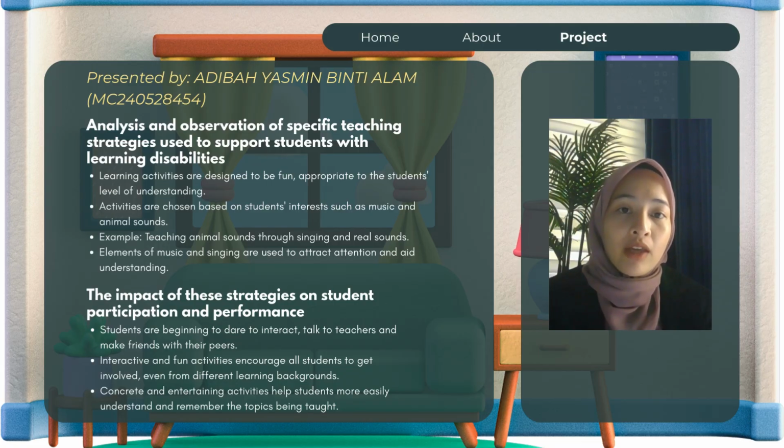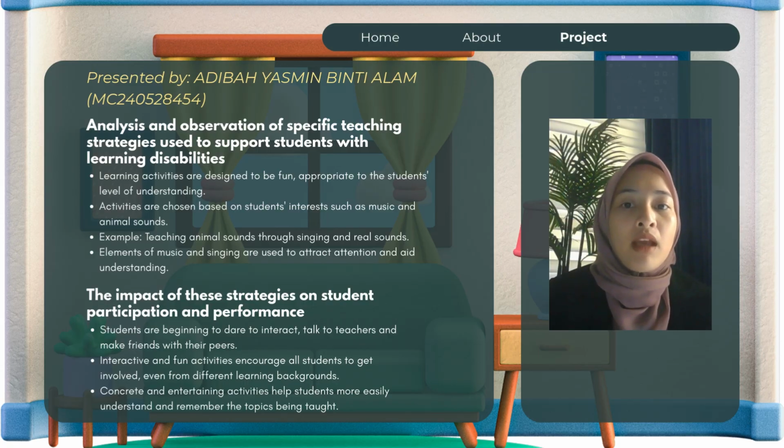Interactive and fun activities encourage all students to participate, even those from diverse learning backgrounds. This creates a more inclusive and friendly classroom atmosphere where every student has the opportunity to learn and grow according to their abilities. Finally, the use of concrete and entertaining activities makes it easier for students to understand and remember the topic taught. Concrete materials such as real sounds and singing make abstract concepts clear and easier for students to